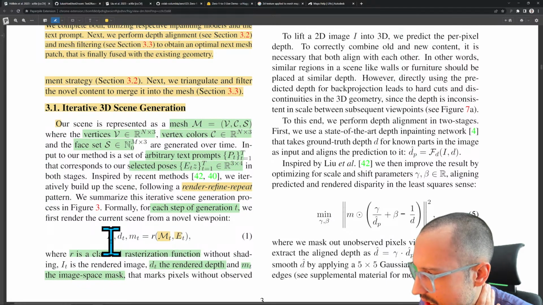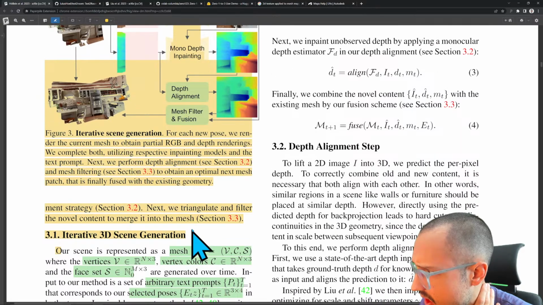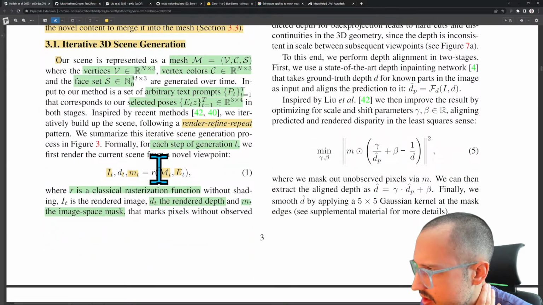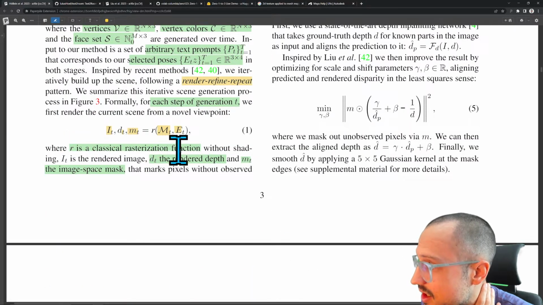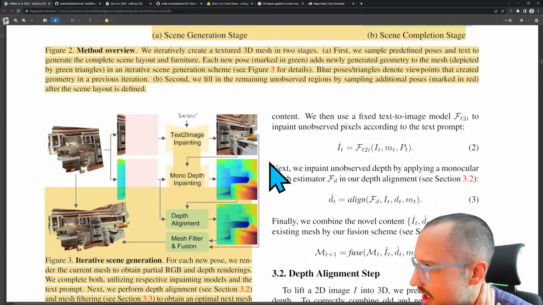And then it's going to output images, depth images, and image space masks. But this R is not just one function, it's like a process. There's a couple different, or no, maybe not. Maybe R is the classical rasterization function, so that's actually how they get the,